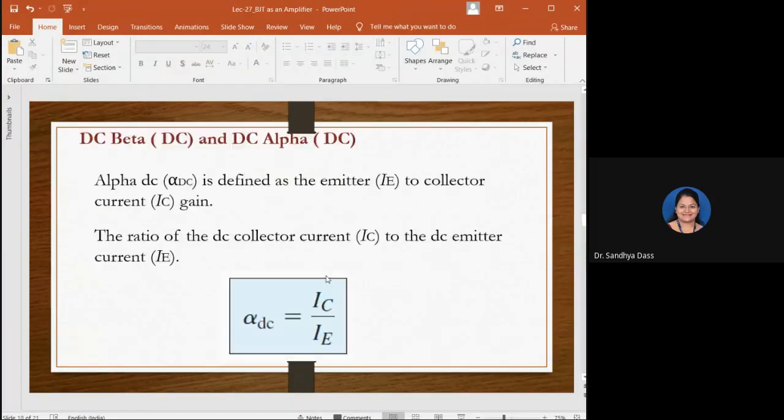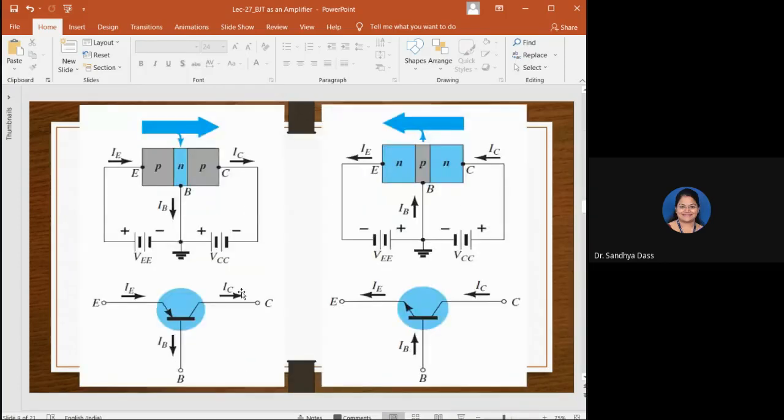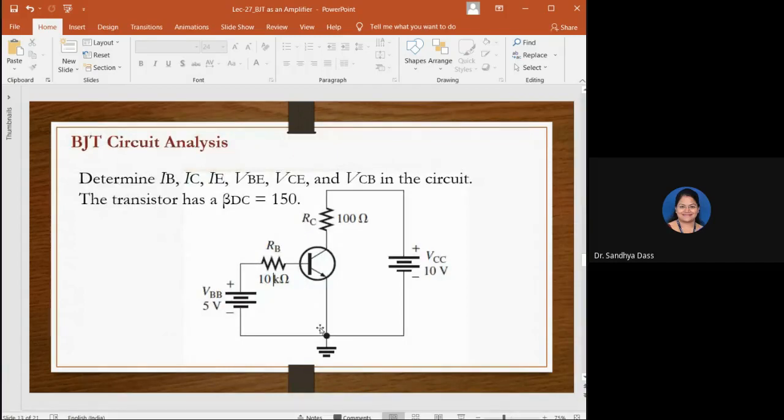If you recall this circuit, where is our VBE? Can anyone tell me? Across this point, right? Can you get there? The voltage across base and emitter. So it should be this point. And observe the biasing part there. This is the network like what you can see here. VBB is the biasing part what I showed just now.